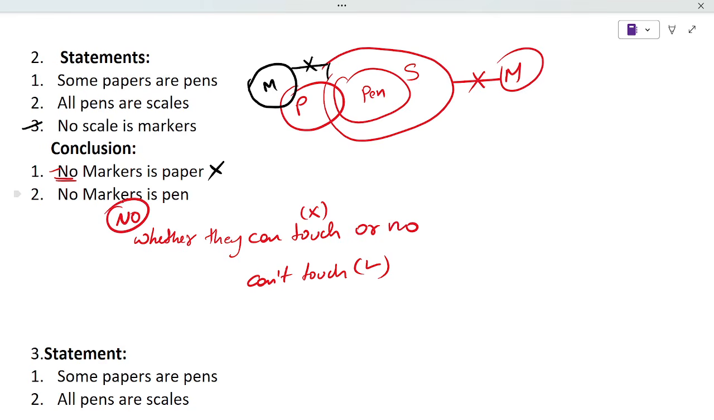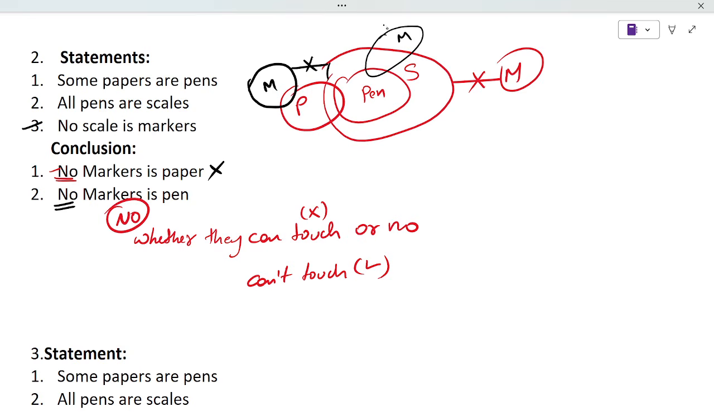Second one: no marker is pen. Can marker and pen touch or not? In no case, whether pen and paper can touch, not paper and pen, it is marker and pen. So can marker and pen touch? Marker is here, pen is under the scale, so marker and pen can't touch, because scale and marker can't touch from this statement. So in order to touch marker and pen, we have to take this marker inside the pen,